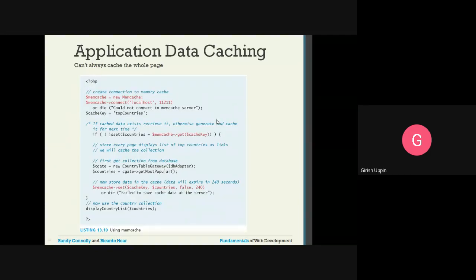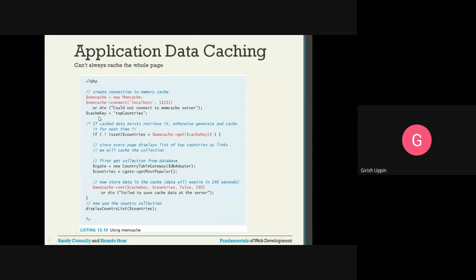So this is the example. You can see here, create a memory cache: $memcache = new Memcache. Then memcache connect, with localhost and this port. If this is not successful, if you are not able to connect, the application will fail: could not connect to the memcache server.